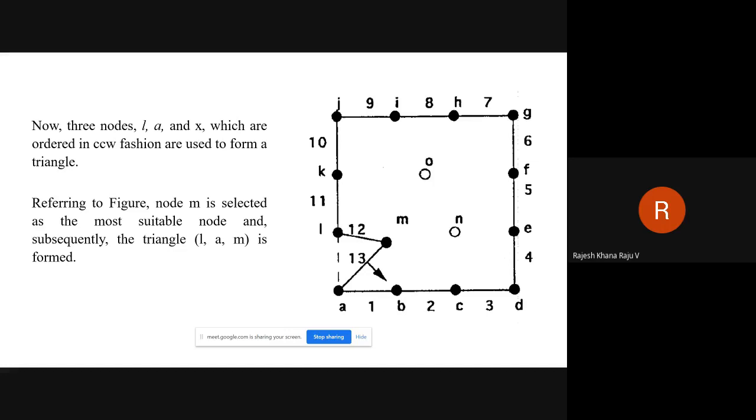So now, for example, three nodes L, A, X, which are ordered in counterclockwise fashion, are used to form a triangle. In this case, node M is selected as the most suitable, and we have created a triangle. Again the triangle is named in such a manner that the vertices are numbered counterclockwise, so the triangle is named as LAM.